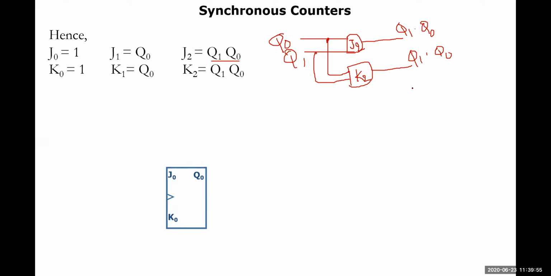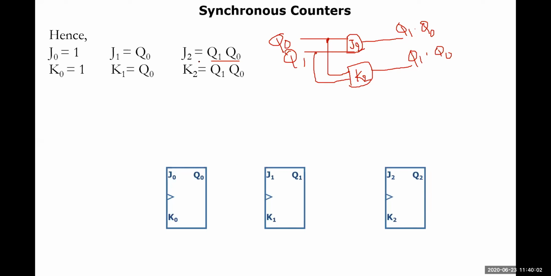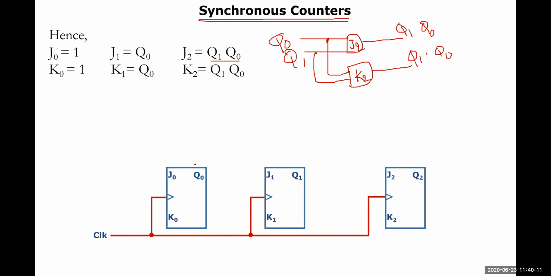Let us have a look here. This is the first and foremost flip-flop, the second flip-flop will be this one, and the third flip-flop will be this one. Since it is a synchronous counter, a common clock pulse will be taken and connected to all flip-flops here. Yes, it has been connected. And what are the inputs of J0 and K0? 1. So it has been connected to 1 here. Continuously, it has been taken as 1. Therefore, output will be generated here.